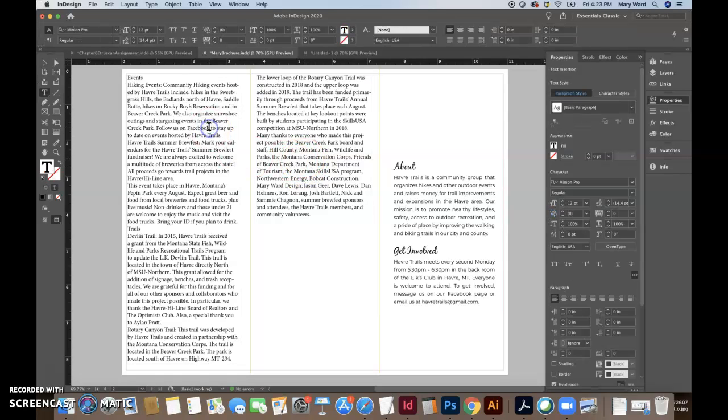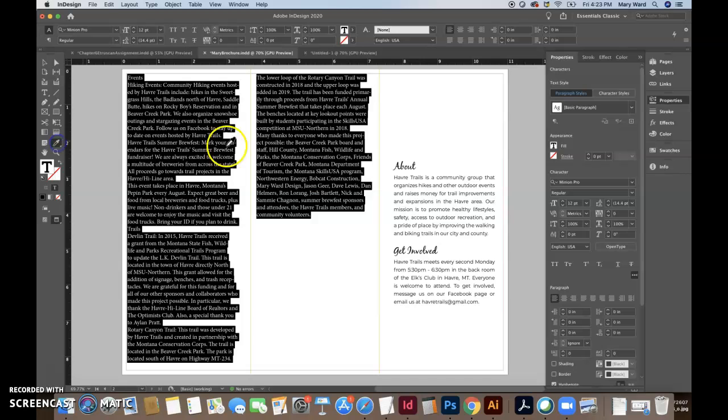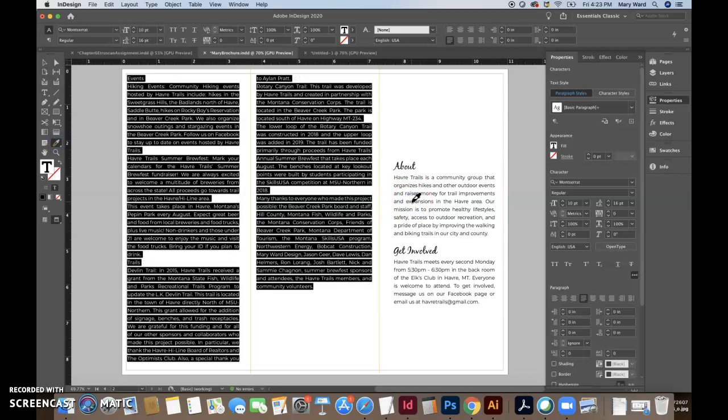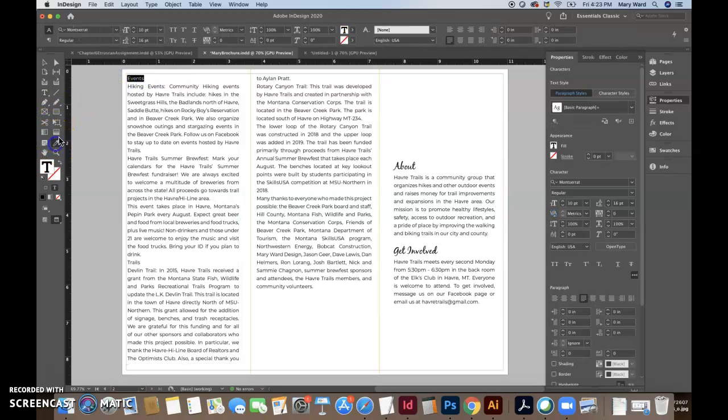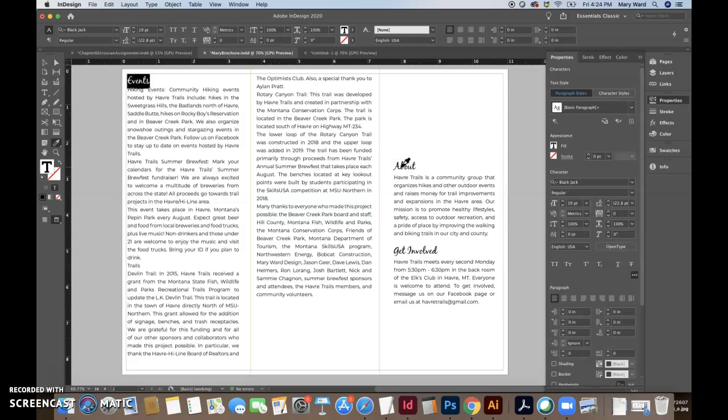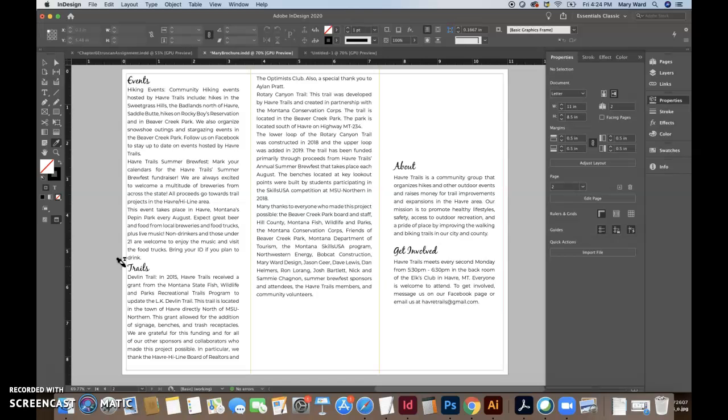So a good thing to do is just click in here and do Command A, and then click and sample with the eyedropper tool from the body text. So that'll make it Montserrat regular 10 point with 16 point leading. And then I want to highlight this, use the eyedropper tool and sample from about. And now that I already have that sampled, it should be stuck in my eyedropper tool, and I can actually go through and hit the trails, which was the other